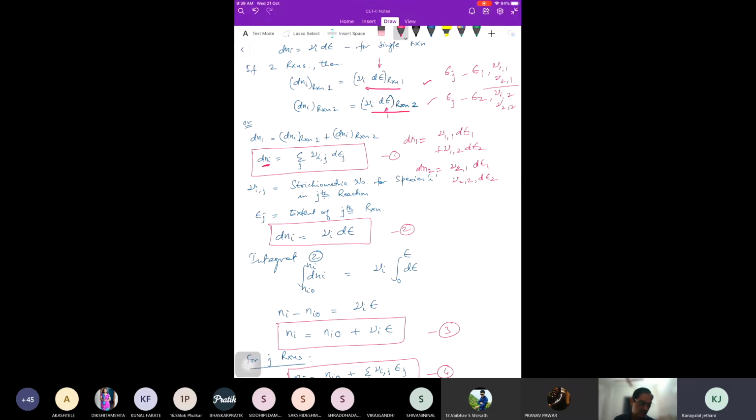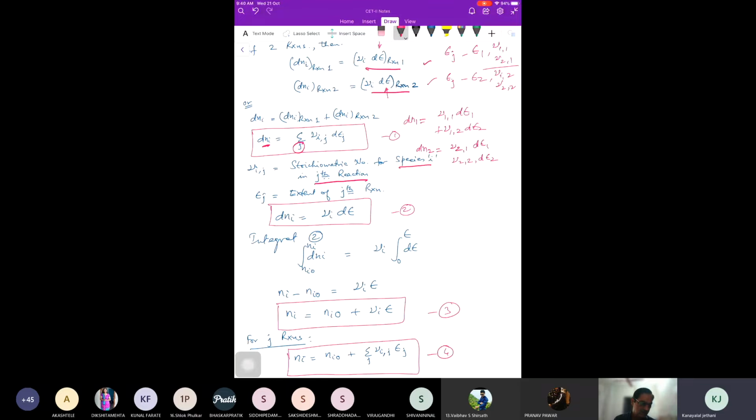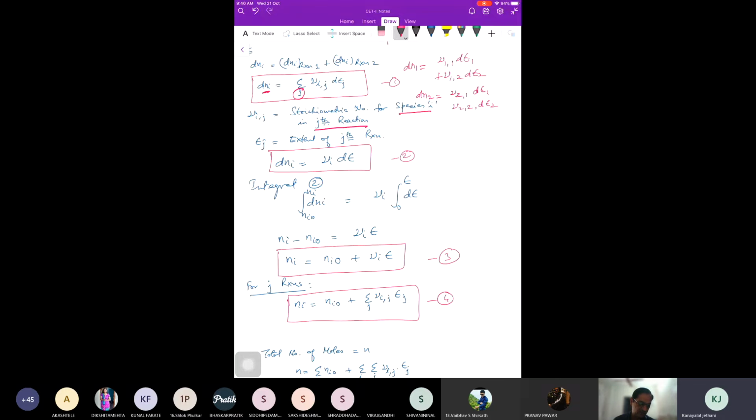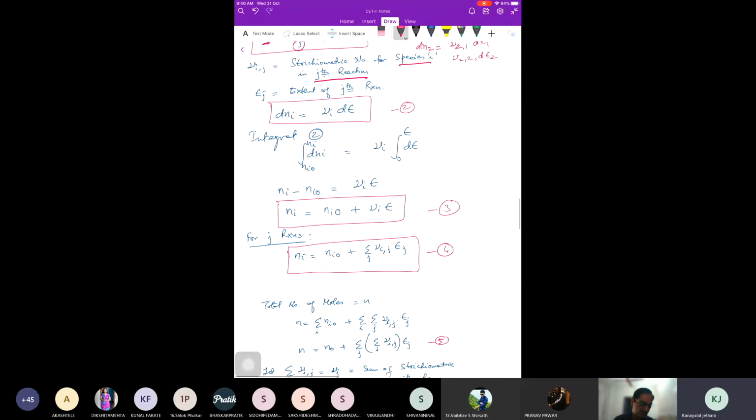So nu ij is stoichiometric number of species i in jth reaction, right। So j के लिए summation कर रहे हैं, reaction 1 और reaction 2 के लिए summation कर रहे हैं for each component, right। And we know that dni is equal to nu i d epsilon by definition, बराबर। So if we integrate this equation 2, we have derived this equation, ni equal to ni0 plus epsilon nu i, पहले derived किया, right। So now if we derive this equation for j reactions, equation 3, we'll get same thing, but we'll have summation over j,